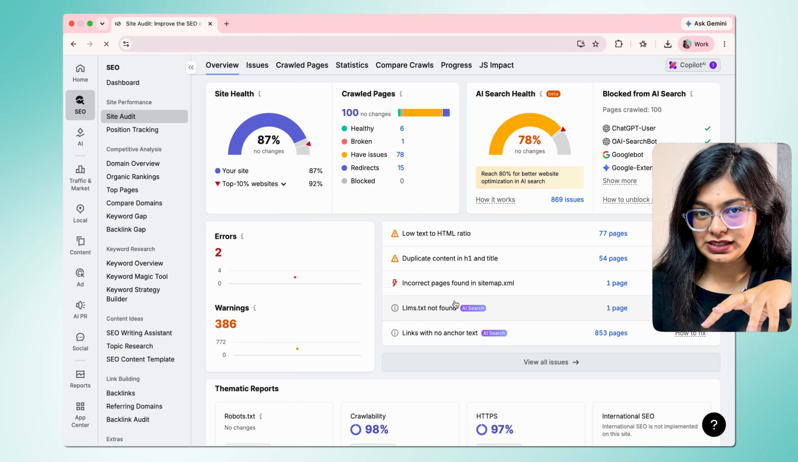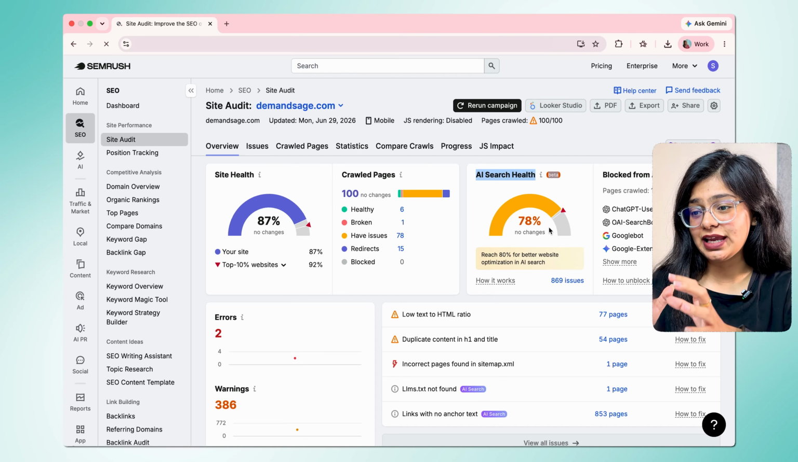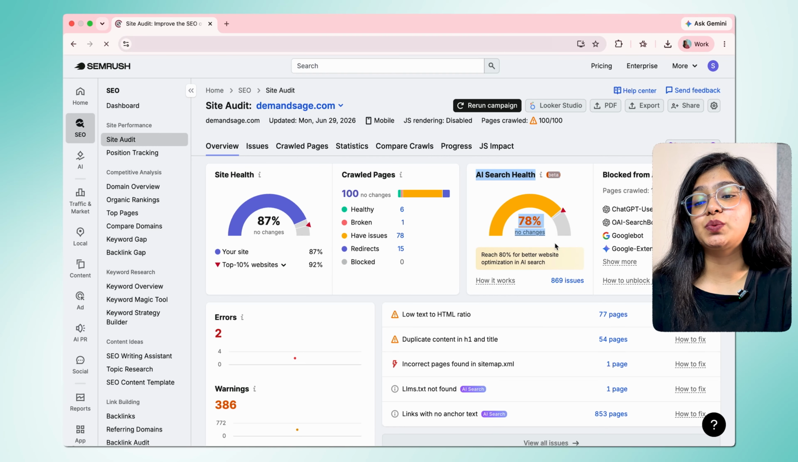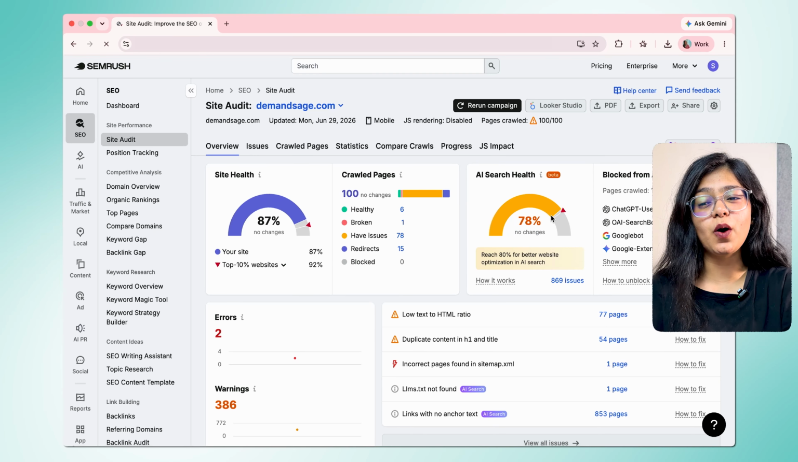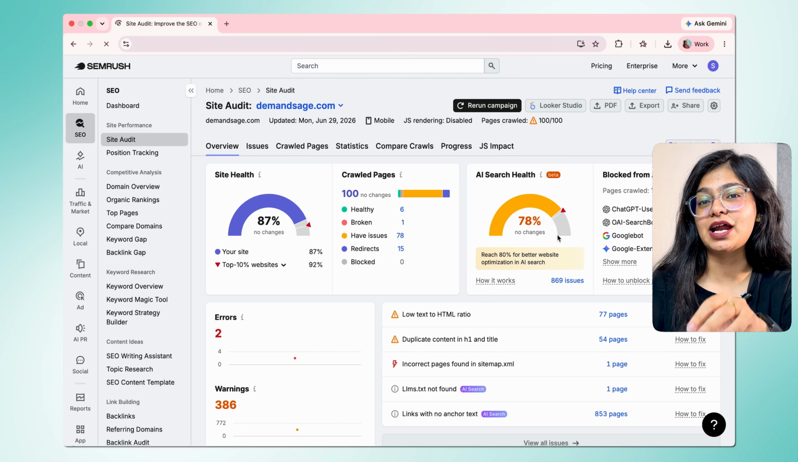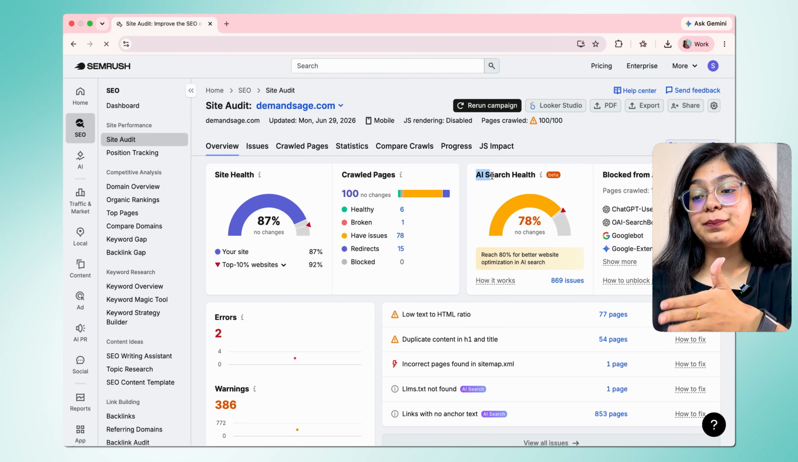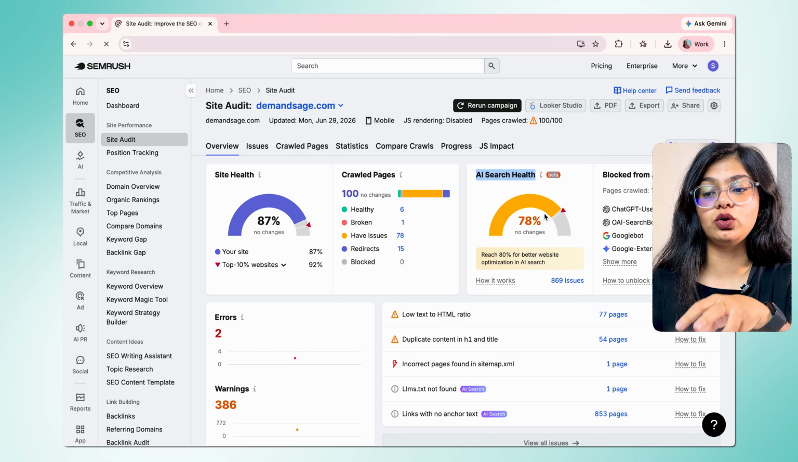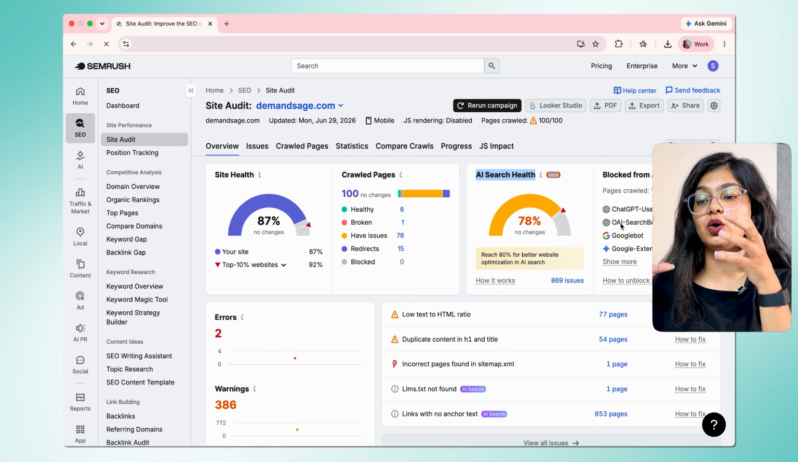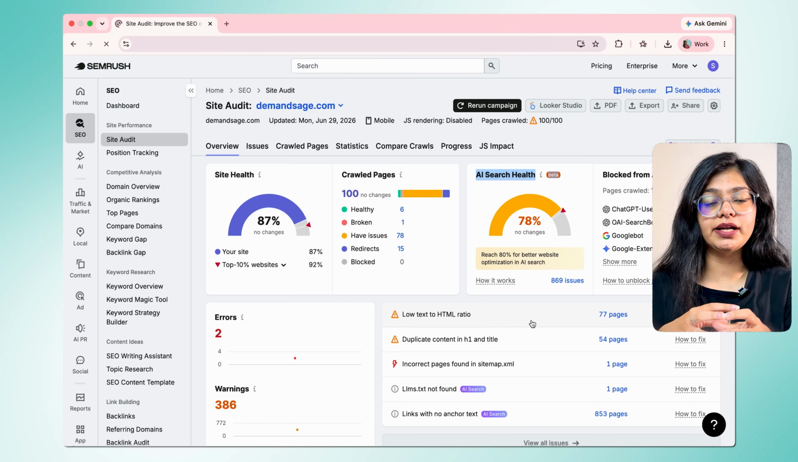And here's the 2026 edition. See this section, the AI search help. SEMrush now checks whether AI crawlers like ChatGPT's bot can actually access and understand your content. Because you might have a perfectly healthy website on Google, but be accidentally blocking AI crawlers, and that means you are missing out on visibility in AI generated answers without even knowing it. This feature is super helpful. It gives you an idea of what to